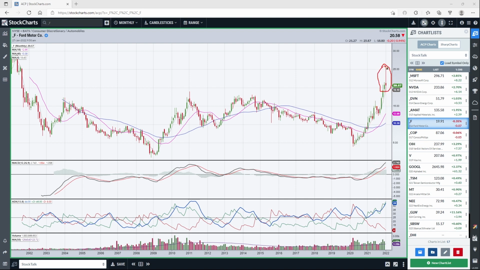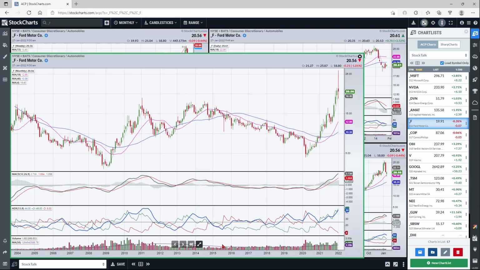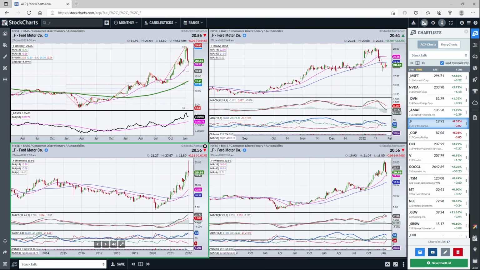But look at what happened here. Formed a big tail on the monthly chart. And now I would assume the midpoint of this bar will be a problem area up, you know, mid to high 20s, something like that, I think is a problem. Now, again, because the momentum is strong, I'm not necessarily looking for a bear market to start in a stock like this, but you could go through an extended corrective wave, corrective pattern, or even a sideways pattern that lasts a while after such an extended move, finished off with a pretty climactic kind of reversal bar.